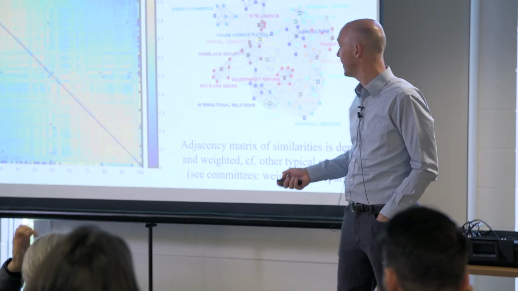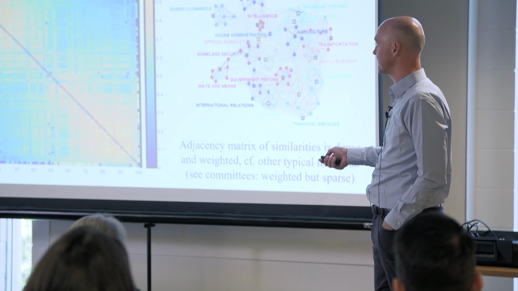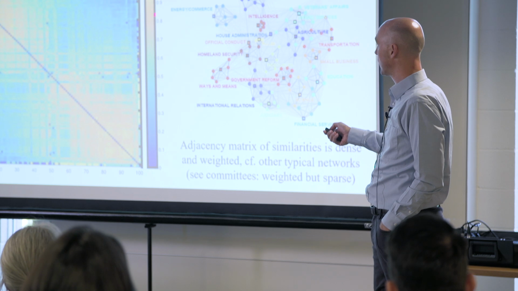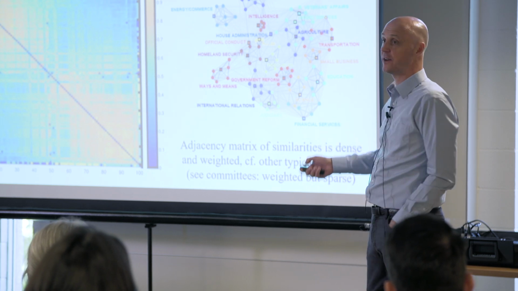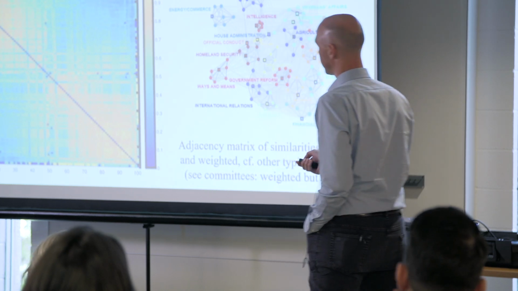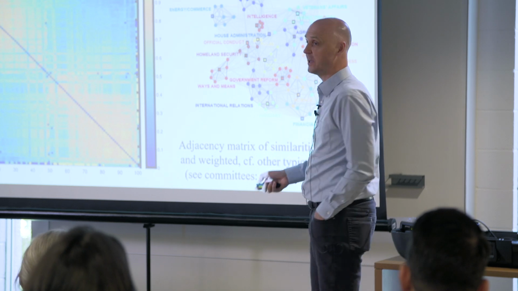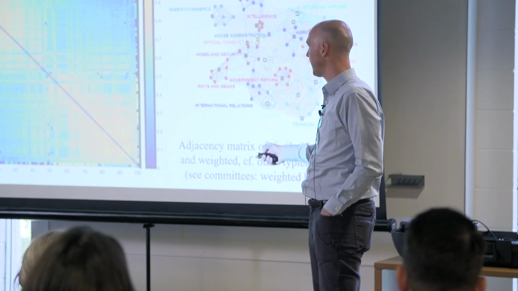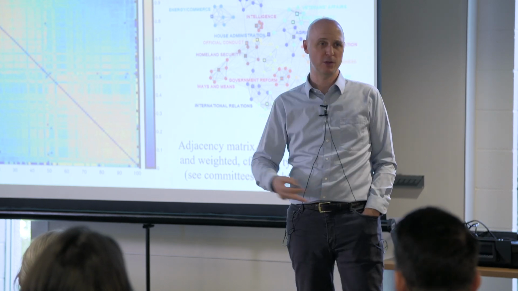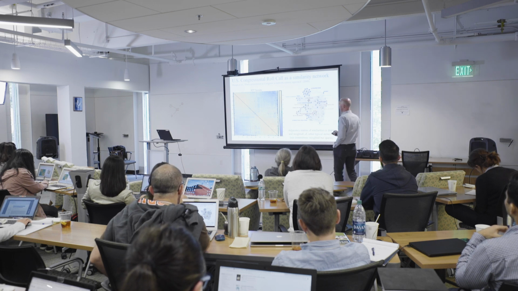But what's being measured here on the heat map, which I have already very deliberately reordered the senators in order so that the block structure is obvious: the more yellow-orange colors, those are senators who agreed with each other a lot, of the fraction of times that they were both present and voted. The blues off the diagonal here are people who didn't agree with each other a lot. I've already deliberately removed the diagonal just because the fact that you always agree with yourself is not terribly interesting. So